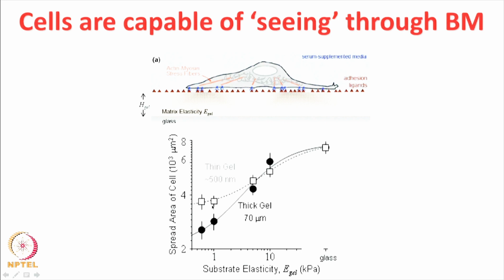Or as you reduce the thickness of the gel, what you find is cells spread more and more. So, if I draw a horizontal line here, on these soft 500 Pascal thin gels, the cell is spreading as if it was on a 3 kPa stiff gel. So, the cell is sensing something stiff. So, what it conveys is that if you have something stiff, so if I make a substrate like this,